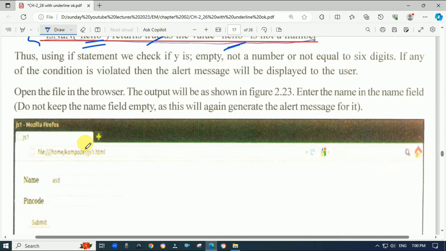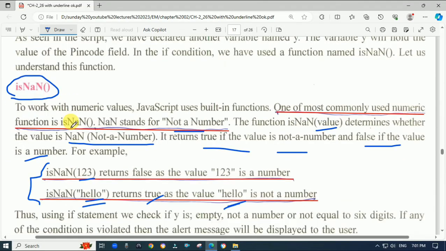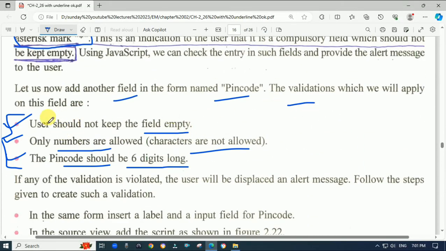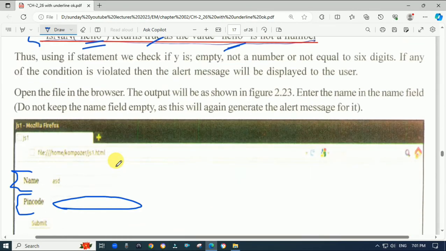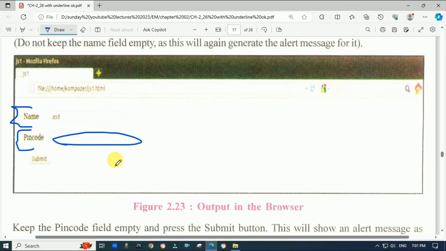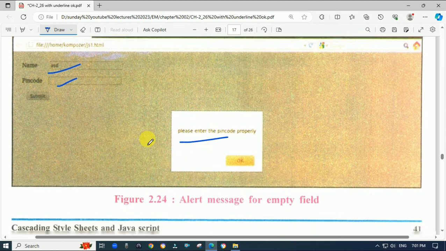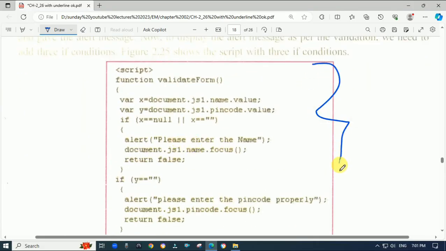This way you create a name text box, pin code text box and submit button, right? Different types of options are given, and you validate using these options, using the isNaN function, and this is the output of the browser, right? So text is written but the pin code is not written, so it will display please enter pin code properly. Okay, the next one, this is the source code that is given,